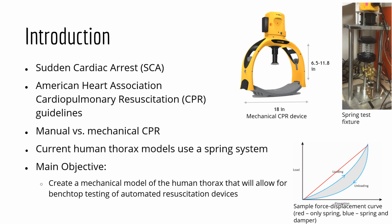In order to test and validate the mechanical CPR devices, a model that represents the human thorax is a necessity. The current model DefibTech uses consists of a spring system of 30 to 60 pound force per inch that only accounts for the elastic property of the chest. There is no damping that causes the viscous property of the human body, which is typically 200 to 400 newton